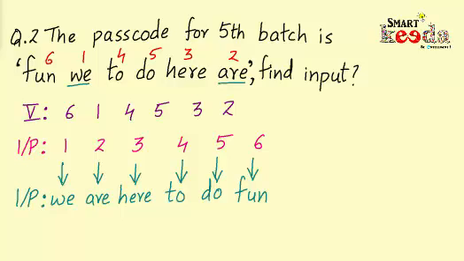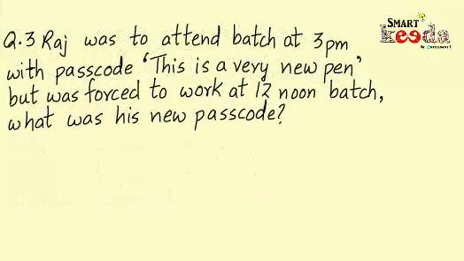Now let's proceed to the next question, which is also based on the same pattern of rearrangement as that of the initial example. The question says that Raj was to attend batch at 3 p.m. with passcode "is a very new pen", but was forced to work at the 12 noon batch. What was his new passcode? So in this question, the passcode for batch at 3 p.m., which is the 5th batch according to the initial example, is given, and we are required to find the passcode for batch at 12 noon, that is the 3rd batch as per the